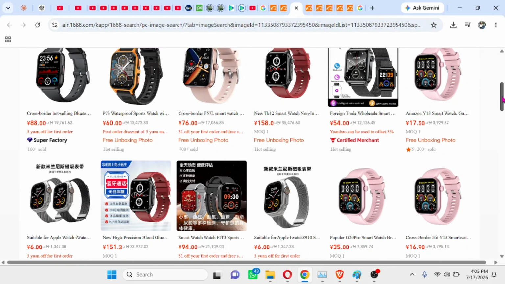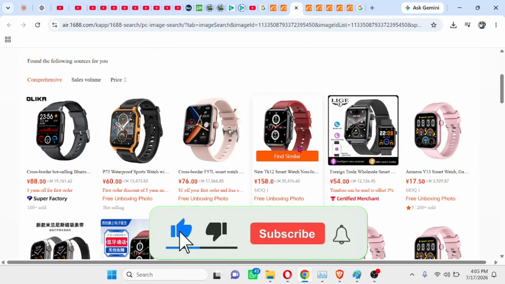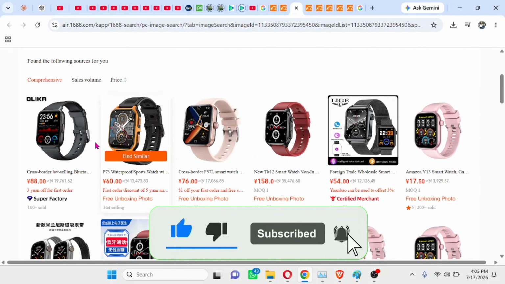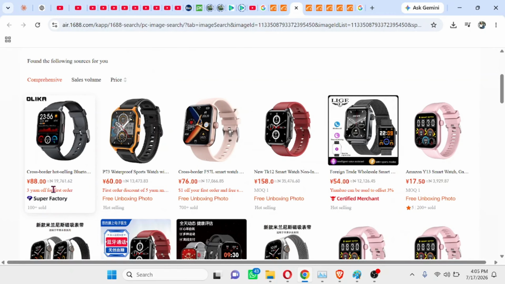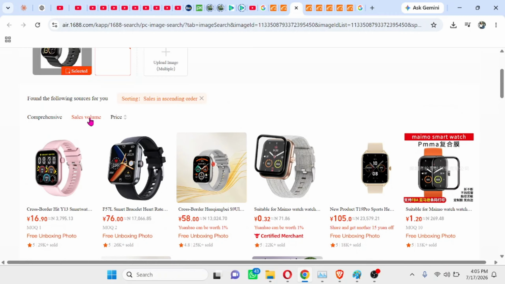So all I have to do is come back to this place now. We are sourcing for this, and literally this is one of it, and we have different suppliers here. And this one has sold over 100. This one sold over 70. Now let's source by volume. Click on this button. Once you click on this button, it's going to readjust and bring it from the highest to the lowest. Now this one has sold about 29,000 of this watch, and the price of this watch is